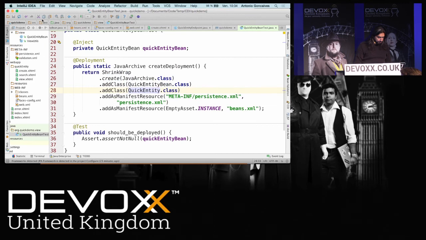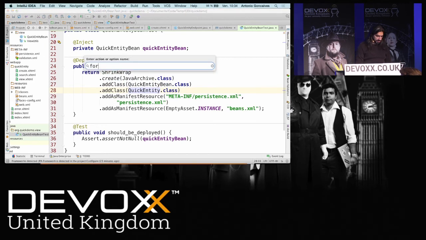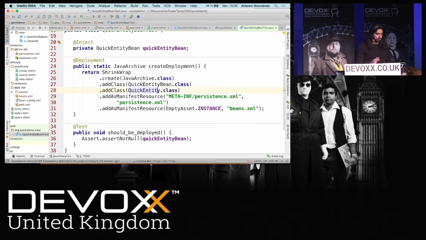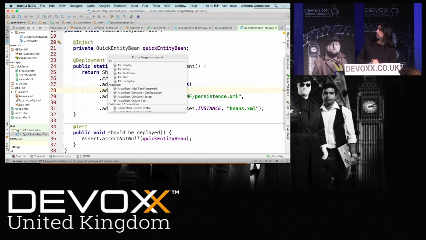But look at that. I'm in front of IntelliJ IDE, and there's actually a JBoss Forge add-on for IntelliJ IDE. So it takes a bit of time to load the first time. See, it's loading underneath. I don't know if you can see it. So the first time you launch the add-on, it takes a bit of time because it's running a different instance of JBoss Forge. And now I have the same commands here that I'm running on the command line.